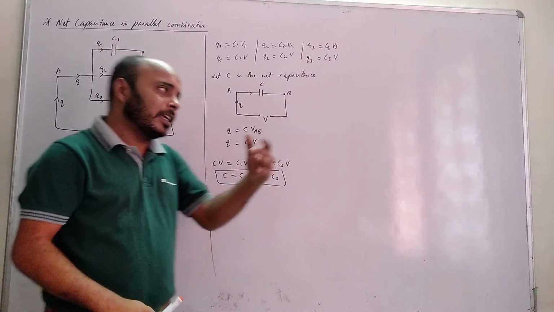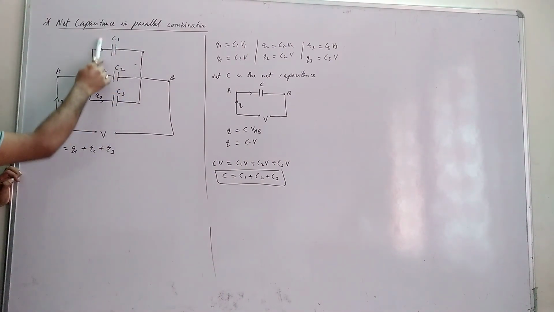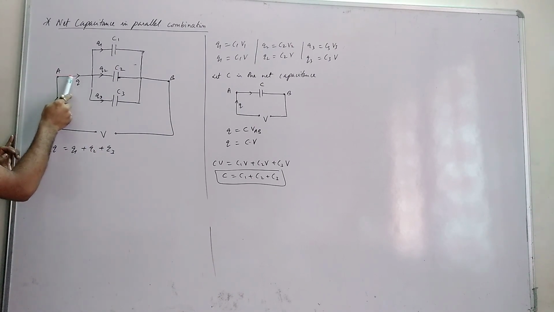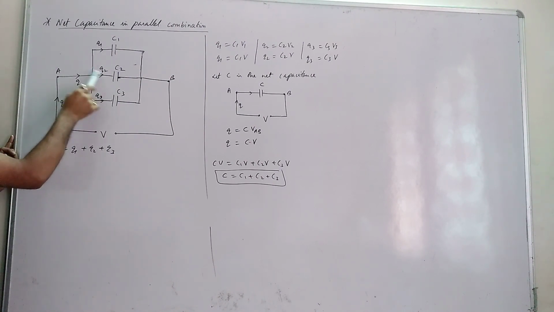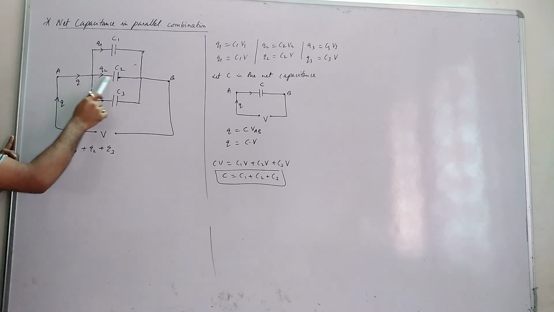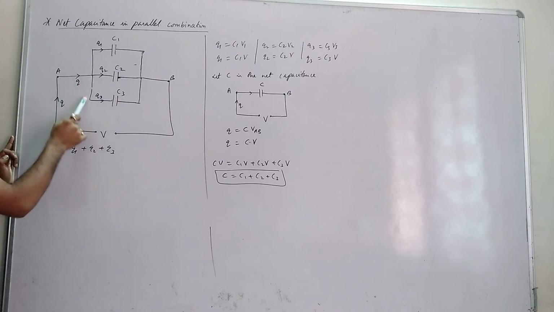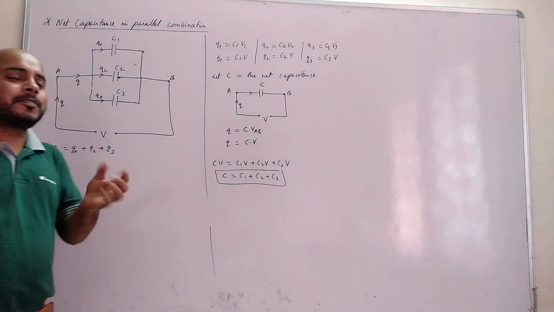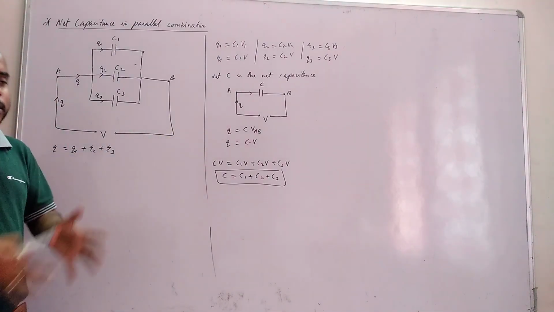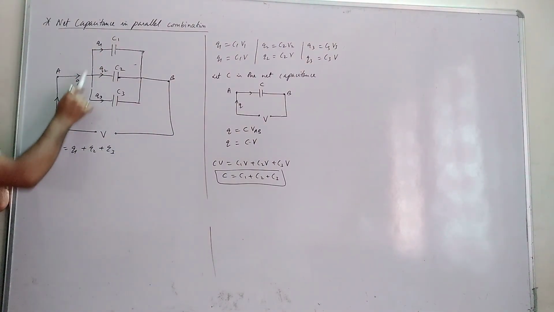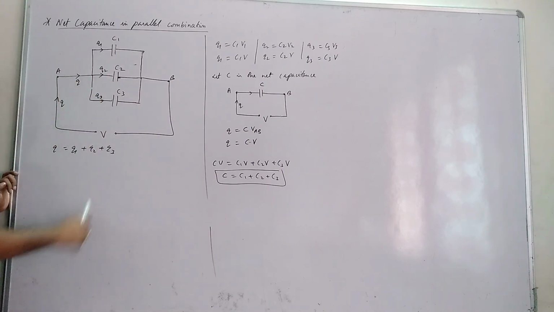Similarly, see here, for example, these three capacitors all together take out Q charge from the source. Now this Q number of charges got three different paths to go. Few charges will go this side, I am taking that as Q1. Few will go this way, Q2. Few will go there, Q3. So whether the charge will distribute or not, you can understand from the pathways. If the path is distributing, the charge will automatically distribute. So Q only distributed into Q1, Q2, Q3. I can write Q equals Q1 plus Q2 plus Q3.